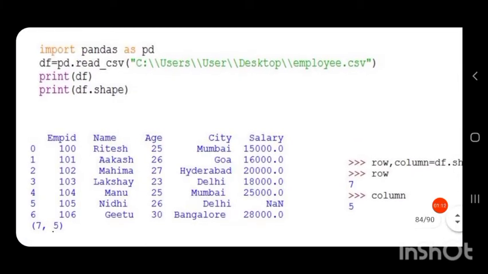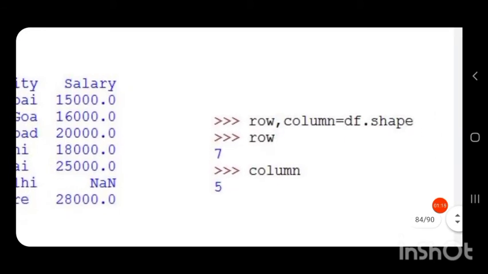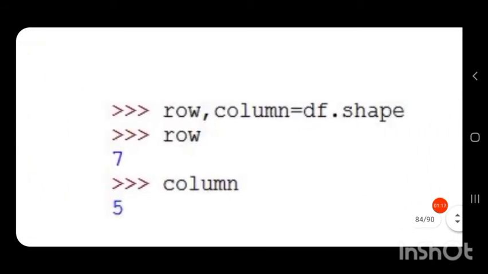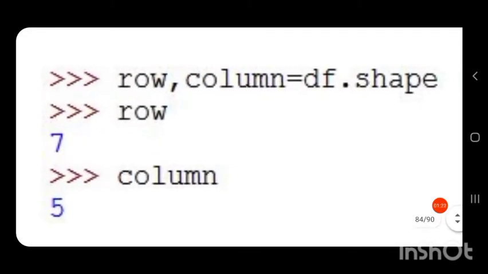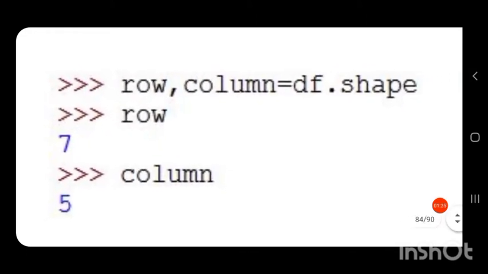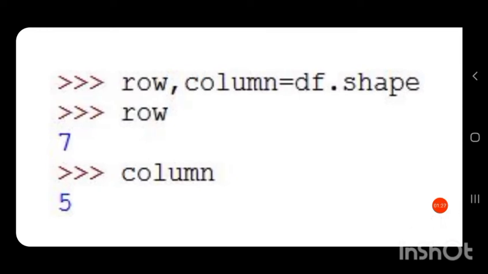So from that, if we run in the interpreter mode to see separately the number of rows and number of columns, we can write the command row comma column. These row and column are 2 variables. Row comma column equal to df dot shape, where df is our data frame.